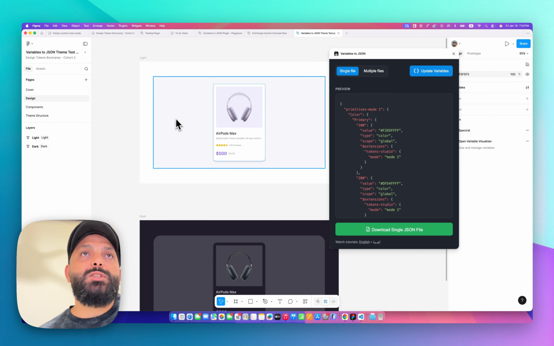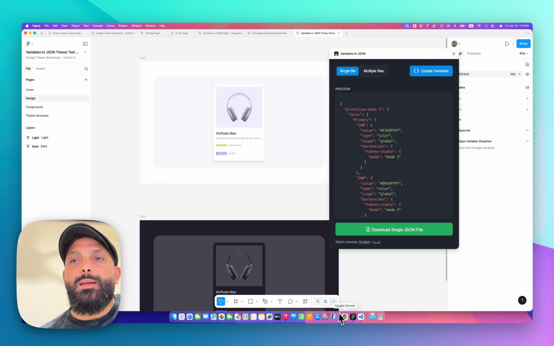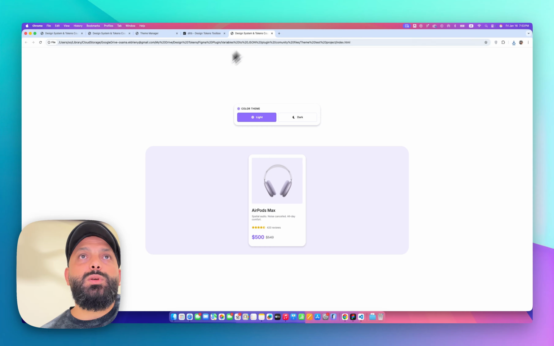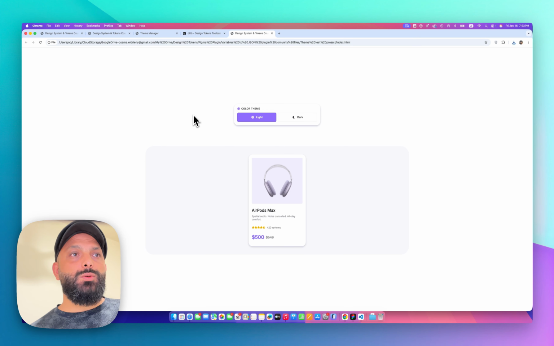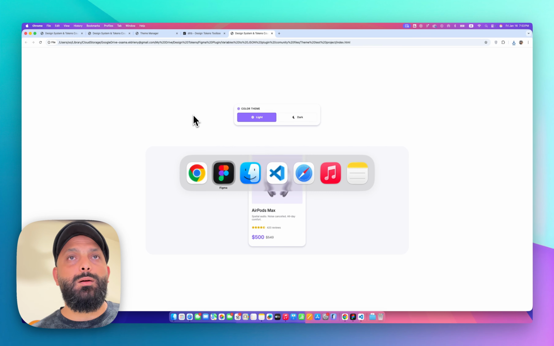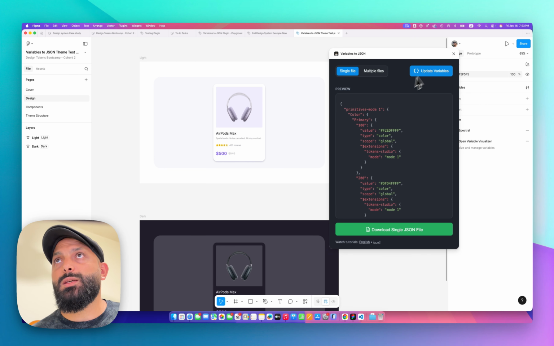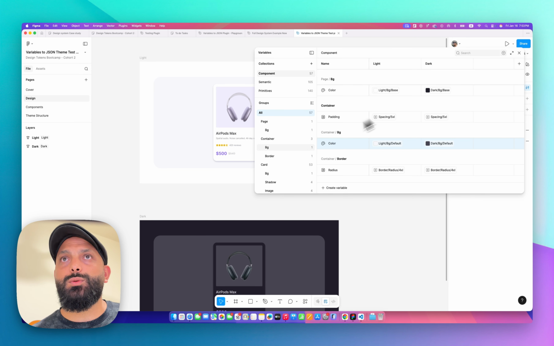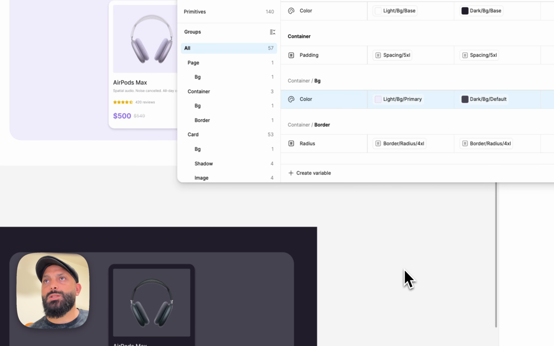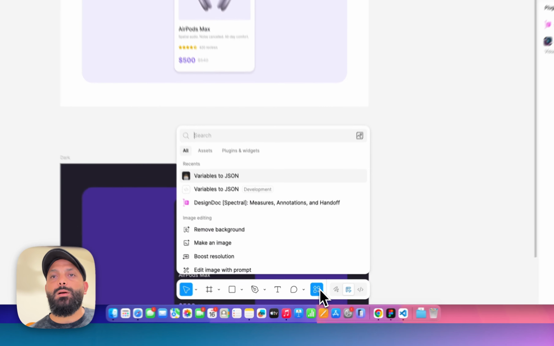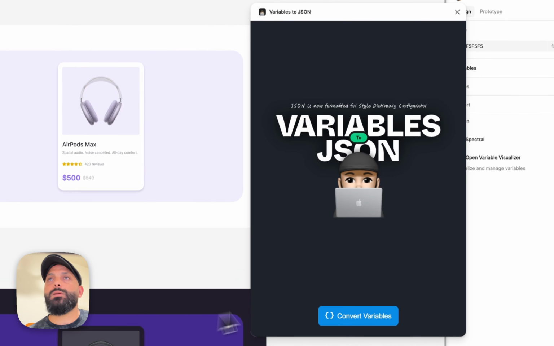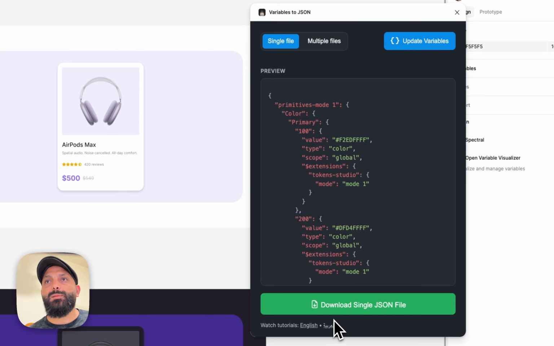And because we did some changes here for this color and this color, now if we go back to the browser and we go here and we refresh, you can see this color has been changed, plus also here. Okay, so this is the first way. Okay, what about the second way? Maybe if I go back again here to Figma and let's do some changes back. Let's change this one to primary and this one also,